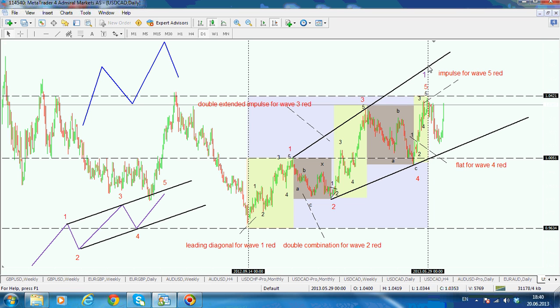Now, under the guidelines for leading diagonals, we should take this into consideration. Also, it is more likely for the second wave of a leading diagonal to be a zigzag or a zigzag family pattern. As you see here in our example on the US dollar Canadian dollar daily chart, this second wave here is definitely a zigzag, as this is an ABC, so this is a zigzag, an X, and then a combination for the contracting triangle that makes a double combination for the second wave,